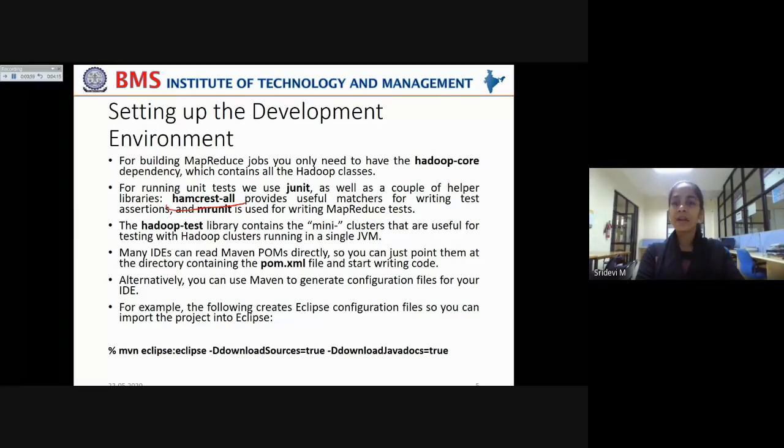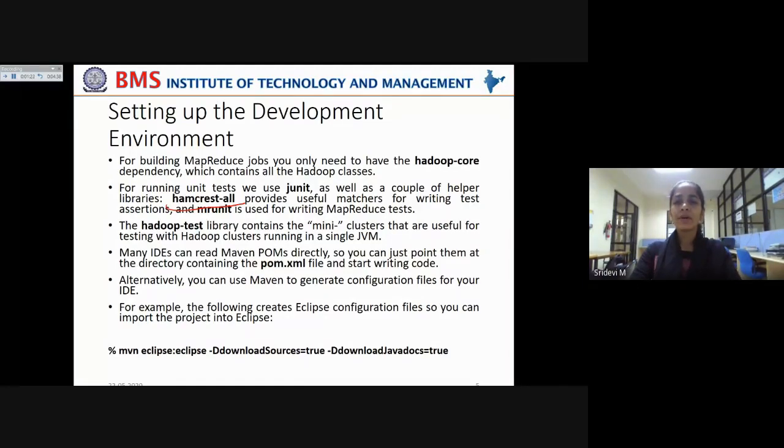Hamcrest All is another helper library which provides useful matchers for writing test assertions. Say you want to test the file status. You want to test whether the data is written with the required length or not. Or if you want to test a Boolean code, then you have seen that we are using the assertThat function, right?